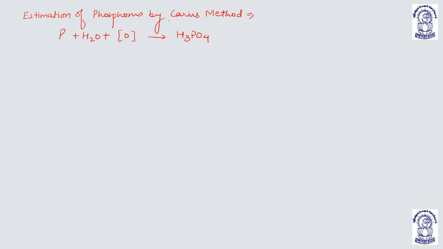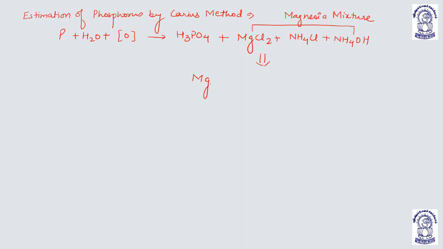Now this tube is then opened and heated with MgCl2 solution in the presence of ammonium chloride and ammonium hydroxide. So H3PO4 is heated with MgCl2 solution along with ammonium chloride and ammonium hydroxide. This is known as magnesia mixture. A compound is formed, that is magnesium ammonium phosphate,